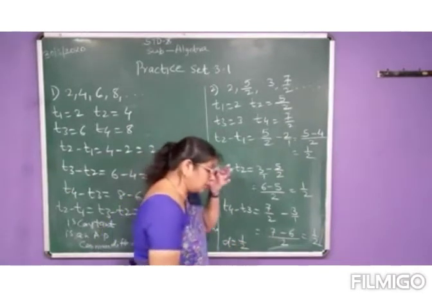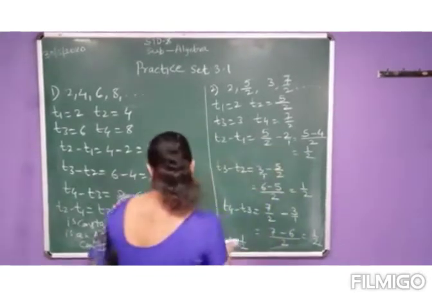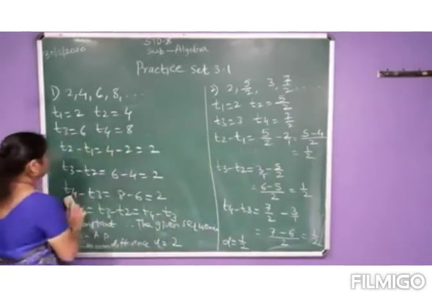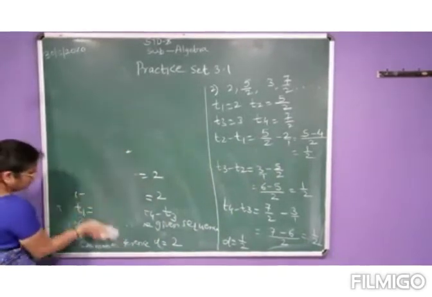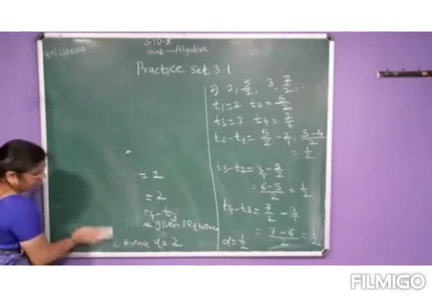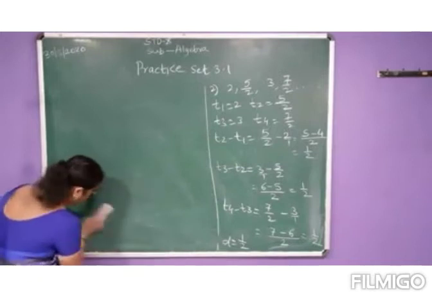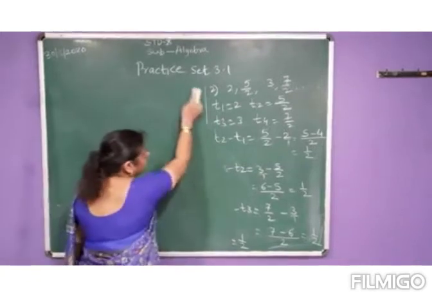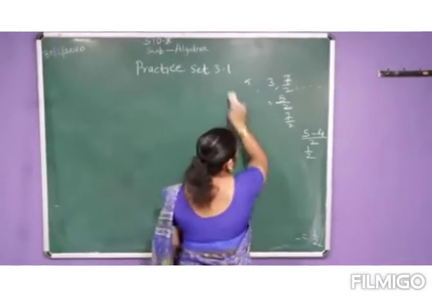Now whenever you solve this type of sum, always you have to write down the answer, because in the board examination the marks are allotted for reporting the final answer. However many marks the question may be, even if it is a 1 mark question, half a mark is allotted for reporting the answer.